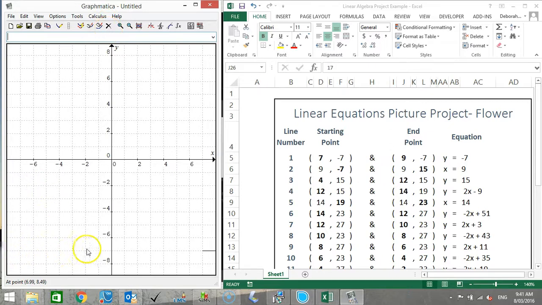And notice that that line is now gone, but I am still left with my equation of y equals -7 between 7 and 9. So you're going to do it like this. You're going to put in a domain for each of your lines, or indeed a range. So if we continue,